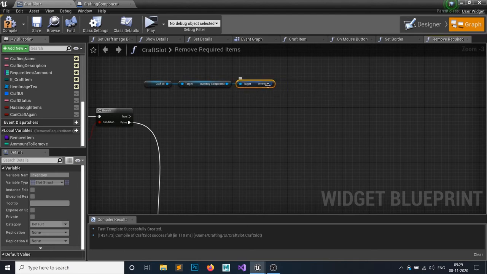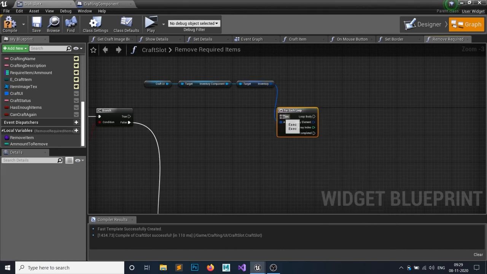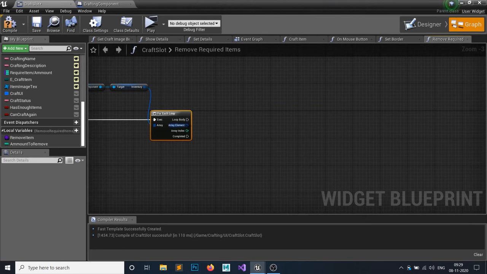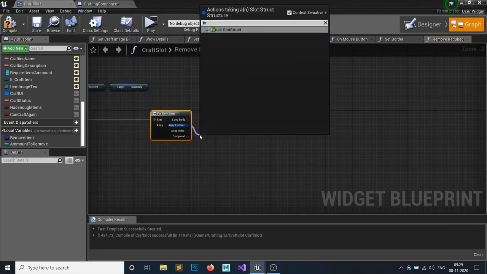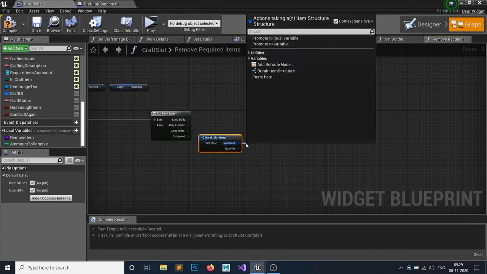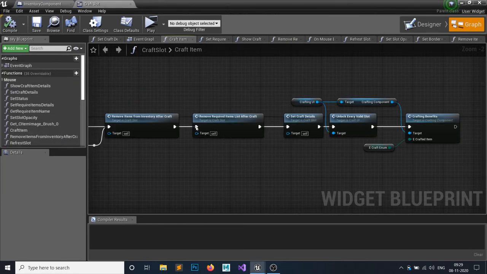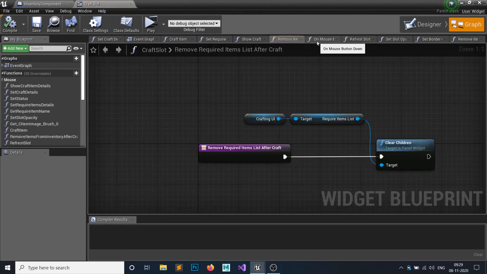So I will simply check with a for each loop whether we have the item that we are currently on. So I will simply break out this structure. Well, let me just see real quick. Not this one.